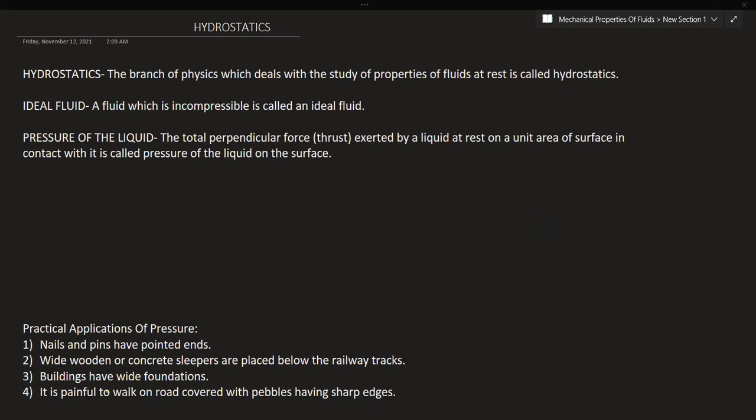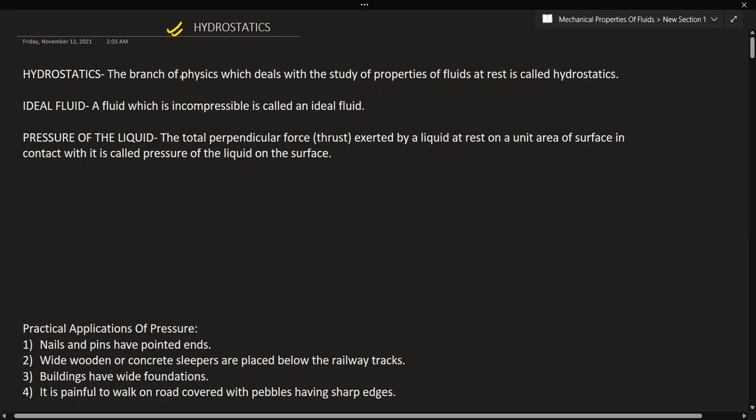Okay, fine. Let's begin with this chapter then. See, as I told you initially, this unit, properties of bulk matter, consists of two chapters. First one was mechanical properties of solids, that has been covered now. Just solve the questions, and if you have any doubts, you can ask me in the next class. Now, this is mechanical properties of fluids. This also comprises two portions. First one is hydrostatics, which deals with the study of fluids at rest, and the other is hydrodynamics, which deals with the study of properties of fluids in motion, that we'll discuss later. So let's start with hydrostatics today.